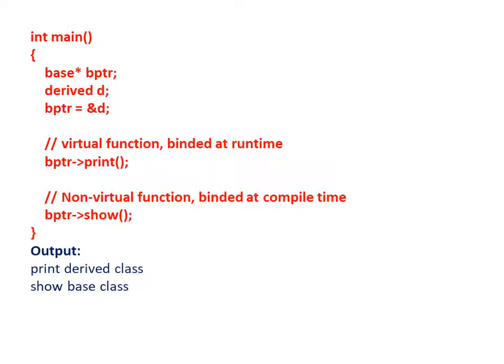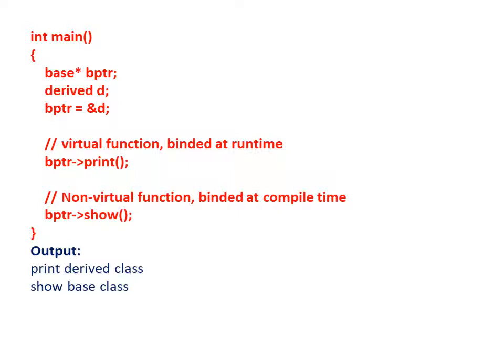So what I have done, in the base class, I am making that print function virtual. As I told in the previous slides, if the compiler sees this virtual keyword, it is going to call the function during the runtime. Here bptr is a pointer with the arrow operator, fine. And again I'm calling the print function here. So if this is the case, what happens? This is going to be bound during the runtime and it is going to invoke the derived class function and not the base class function.